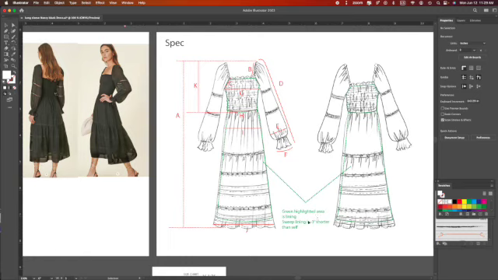So the green highlighted area is the lining. Let's say in this case, it's 3 inches shorter than self, which is the main fabric. So the lining wouldn't show too much. If you want a short lining, like a mini lining, you can end it here. You can say maybe 16 inches from the waist down, like an outseam of